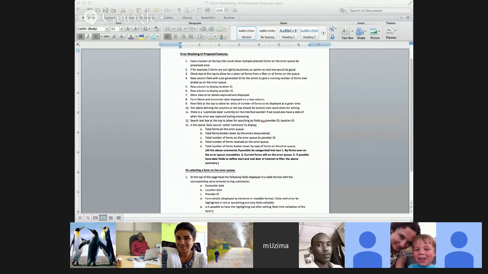So you see the way we have the option of selecting, I was proposing that we introduce a column that's going to have checkboxes against each form on the error queue. And above that, we should have one checkbox that would allow you to multi-select, so that it has the feature to allow you to select more than one message. Yes. So what is the next step?